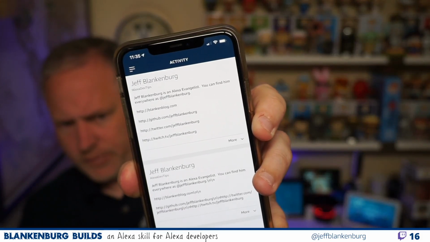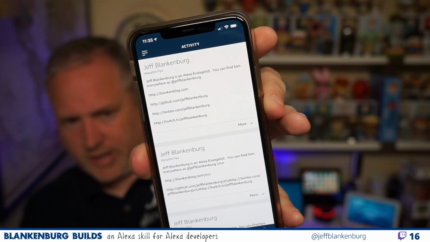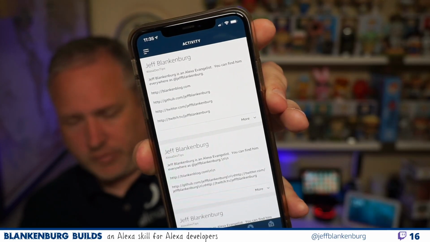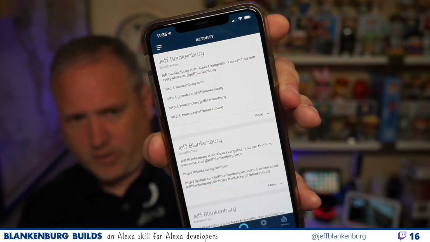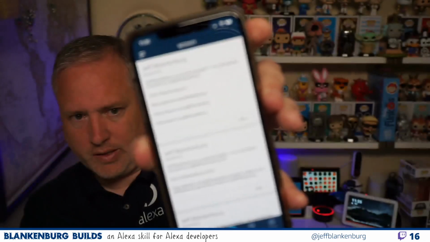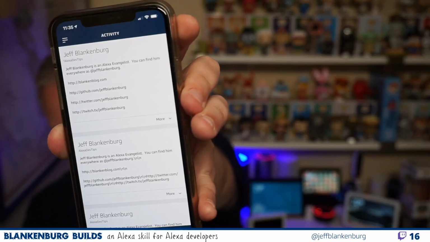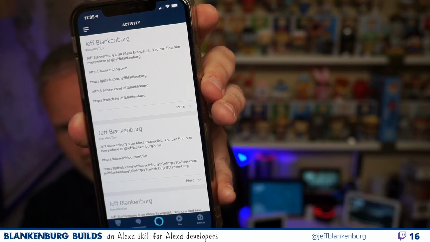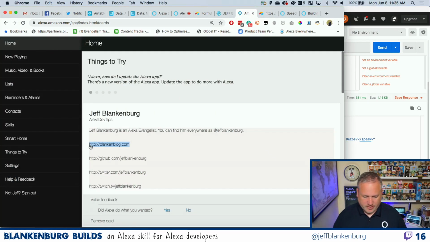You can see that I get that really nice view there, but the problem I have with this is that they're not clickable, they're not copyable. So on your phone, you wouldn't have access to this. But if you go to alexa.amazon.com, then you would have access to that stuff. So there we go. We've learned a little bit today about how URLs are stored in Airtable and how those translate to card line breaks.